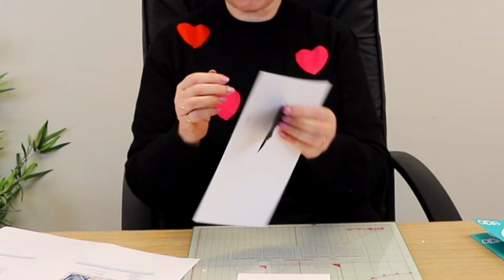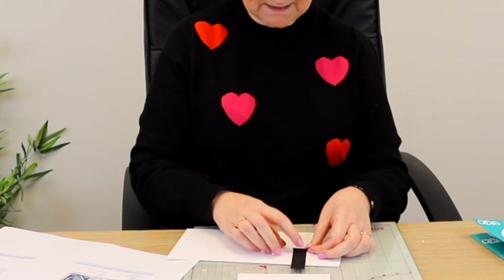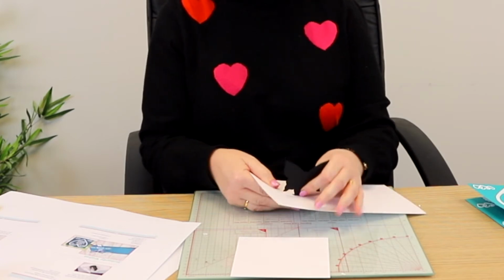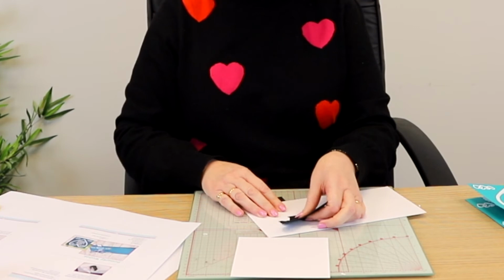Then you're going to turn your card over and you're going to open out those tabs so that they're straight. You don't glue them, just open them out. So you can see on the back of the card now, you've got that little tab there, okay? And then the other score line folds forward. So I'm just going to put that in position and then pull that